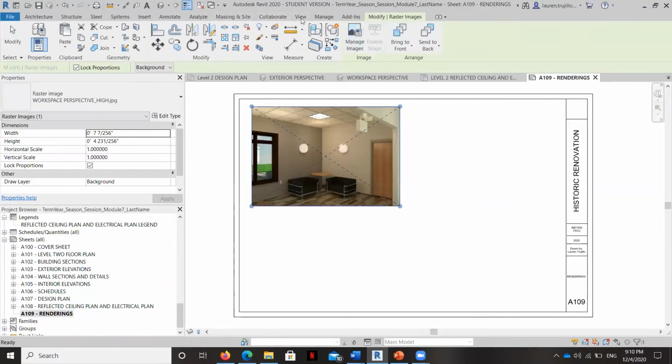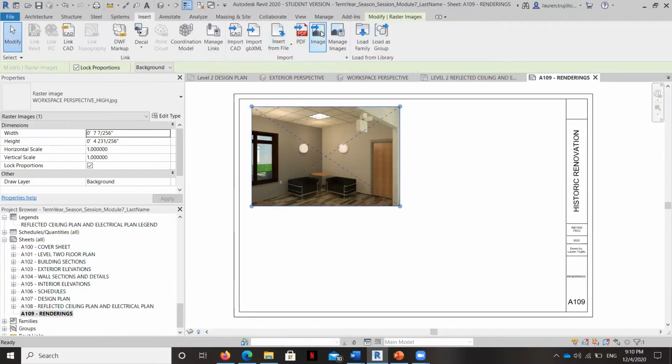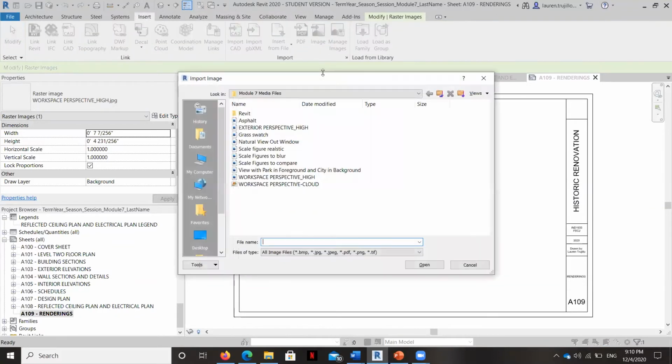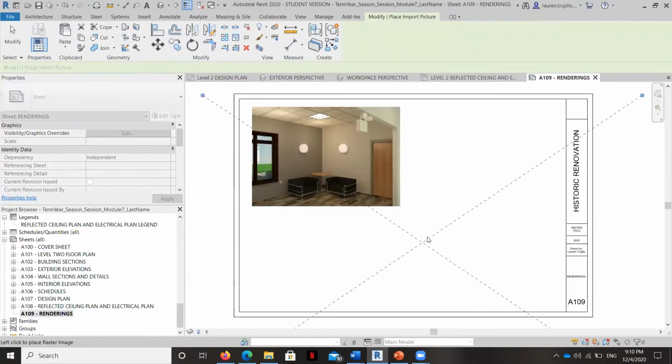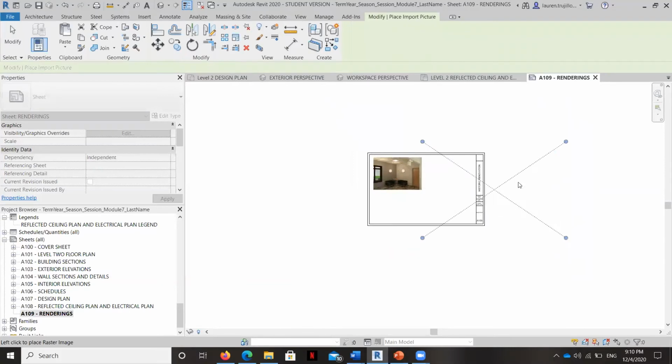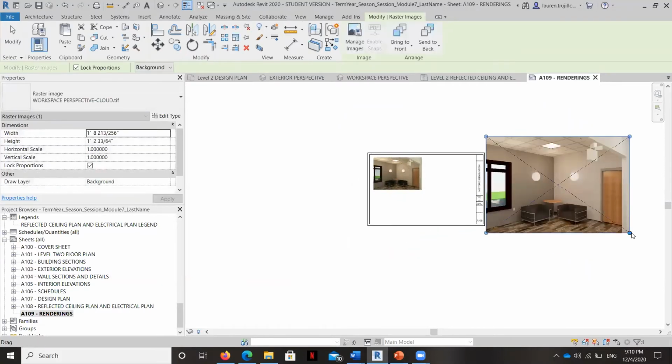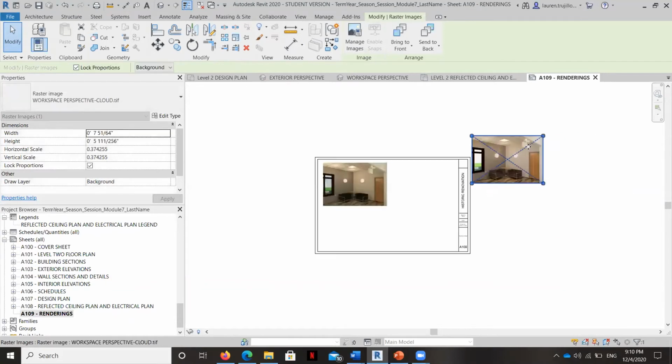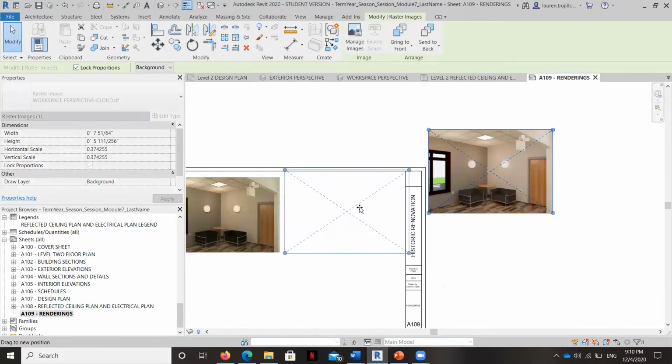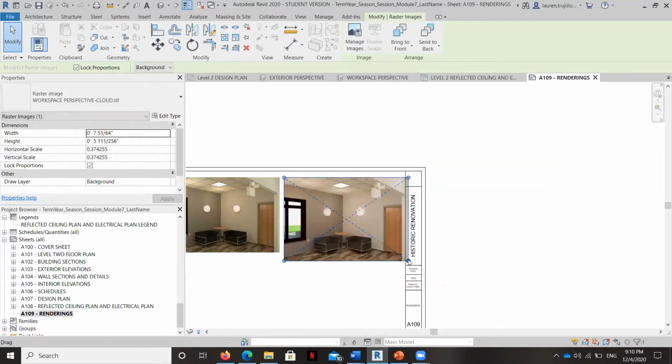And then I'm going to insert the one from the cloud. And see how nice and big it is. But I can just grab these grips and make it smaller. And I can align them just like I would with anything else.